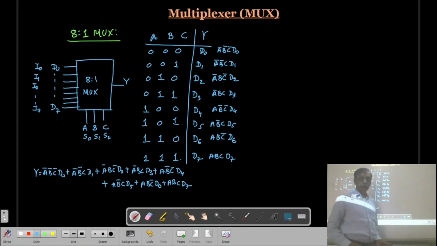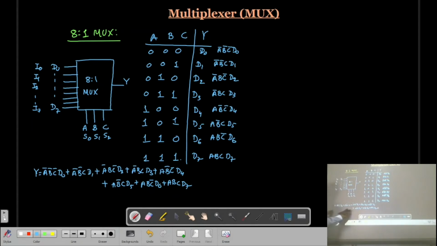In this way, you can write the Boolean expression for a 16-to-1 multiplexer. So there will be 16 terms. If we have a 32-to-1 multiplexer, then 32 terms will be present.